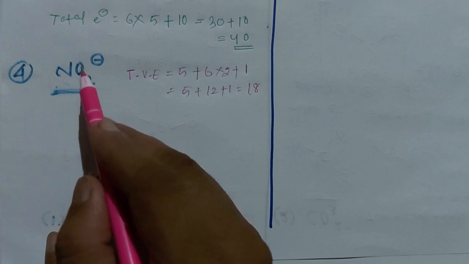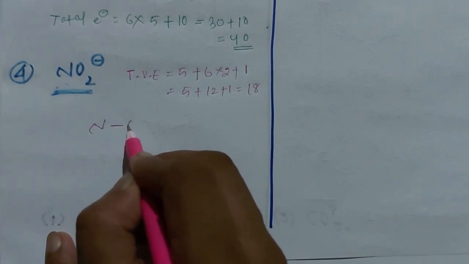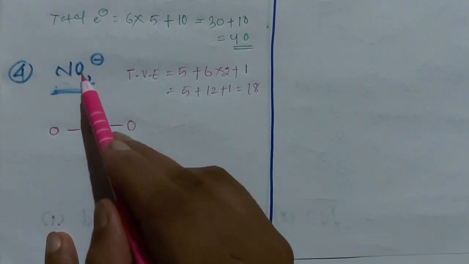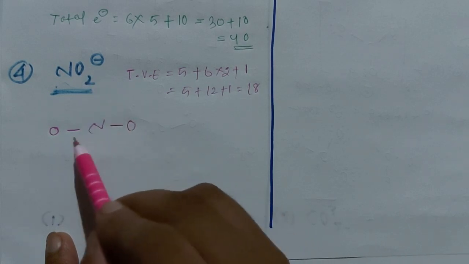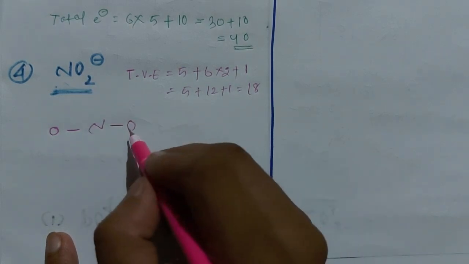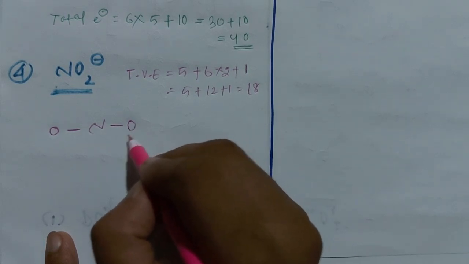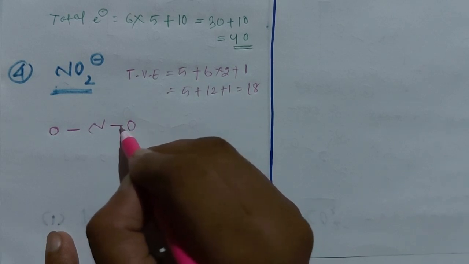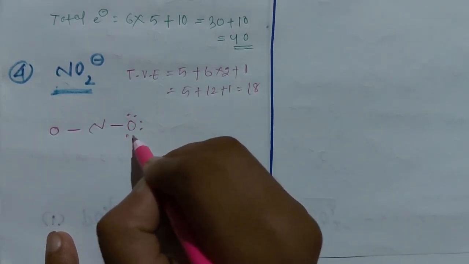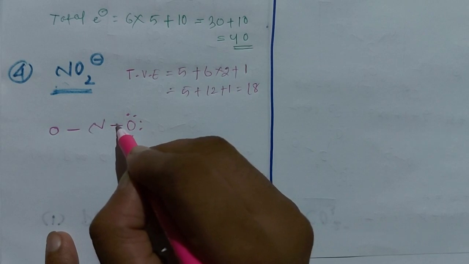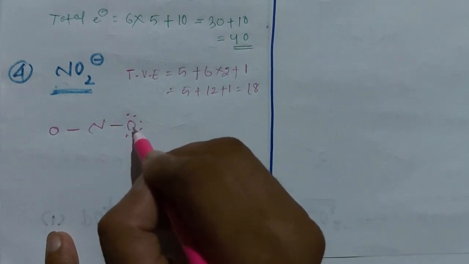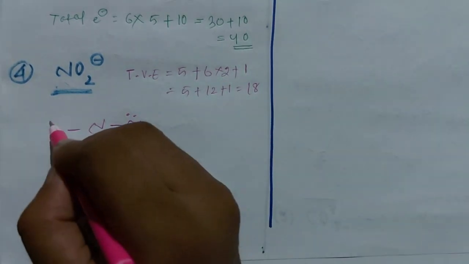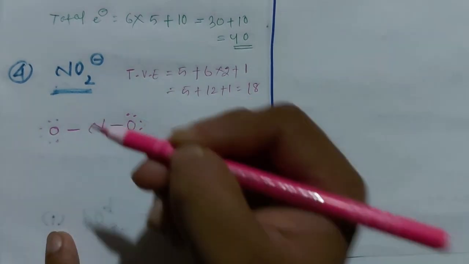Now the next step is to make single bonds with each terminal atom. The central atom makes single bonds with the terminal atoms. The terminal atoms, oxygen, are 2 here, so we will make 2 single bonds. Okay. Now the next step is to fill all the terminal atoms with octet configuration. Here 1 bond is there, so it needs another 6 electrons. That is, 1 bond contains 2 electrons, so 8 minus 2 is 6. So it needs 6 electrons for the octet configuration, that is 2 plus 2 plus 2 plus 2, 8. Likewise, this oxygen also needs 6.